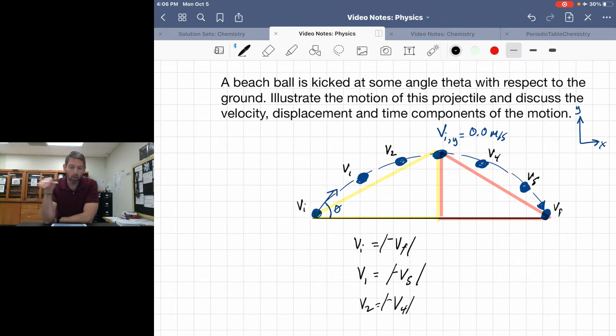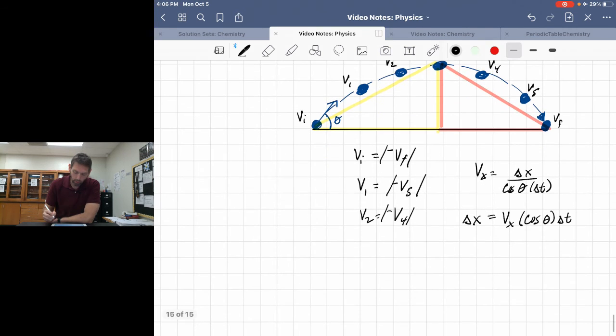And then again, when we're along the x-axis, the velocity along x has to be the change in x over the cosine of theta times delta t. So the displacement that we would measure along the x-axis would have to be equal to whatever the velocity on x is times cosine theta times delta t. That's going to be helpful when you're figuring out your problems. And again, remember the vertical component is going to be the same as it has always been. Change in y equals v_i, since this is at an angle, whatever sine theta is, times delta t,